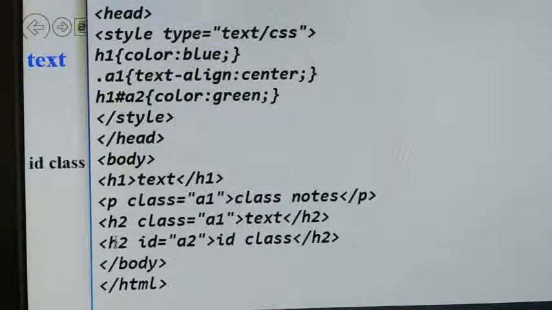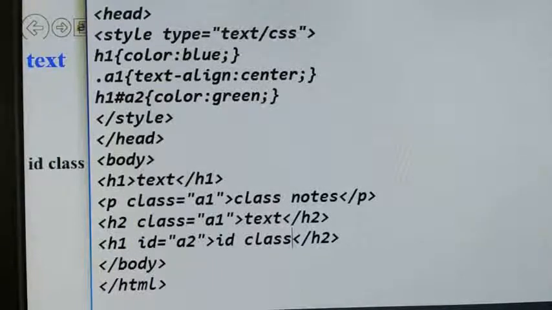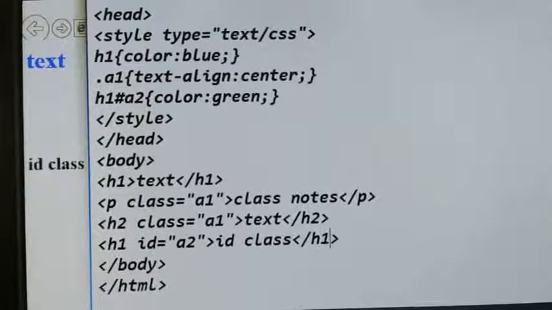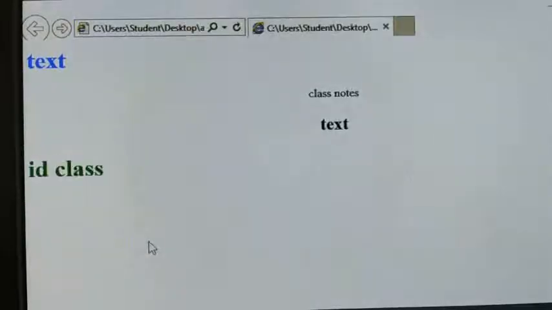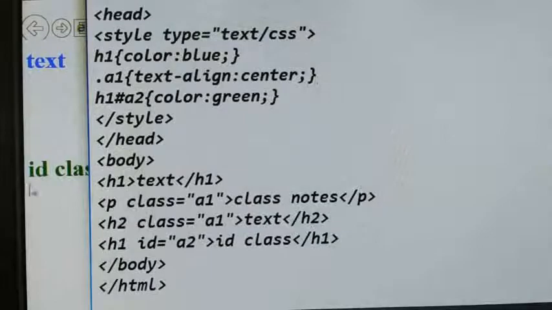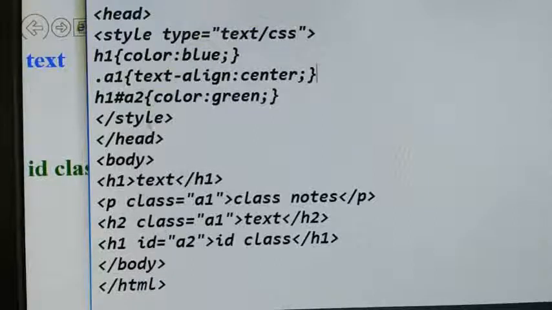So here what I am doing is changing this h1, because if you have created an ID for any one particular element, only that element will use the property. If you want to use it for another element, it won't accept. H1, save it, come to the browser window, refresh it. See, ID. Understood? Now if you want to use this ID for h2 and others, it won't accept, because I have created the ID only for the h1. You can use that ID for only that element.